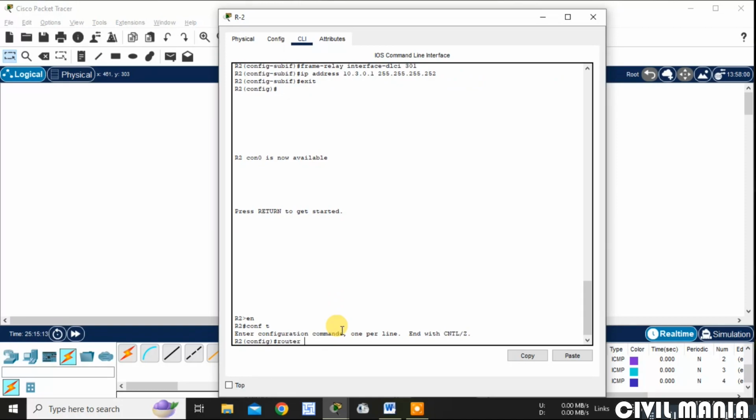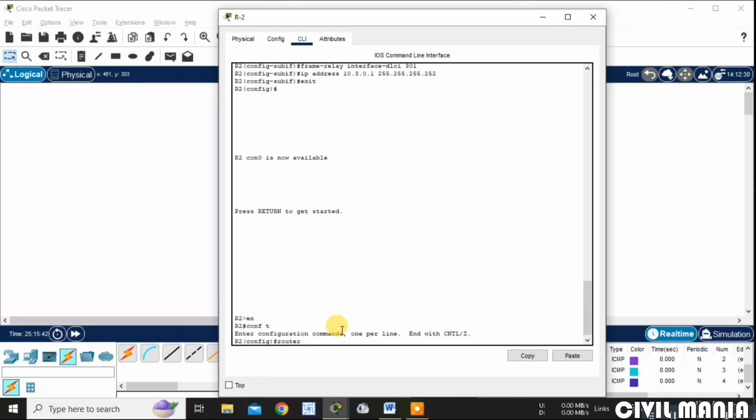See, remember that this dynamic routing, that is RIP, which I am showing here, the same exercise I have shown previously in my previous videos also. I have clearly shown the RIP version 2 exercise. So if there is any kind of doubt in routing information protocol, that is RIP, you can see my previous videos on the RIP exercise.